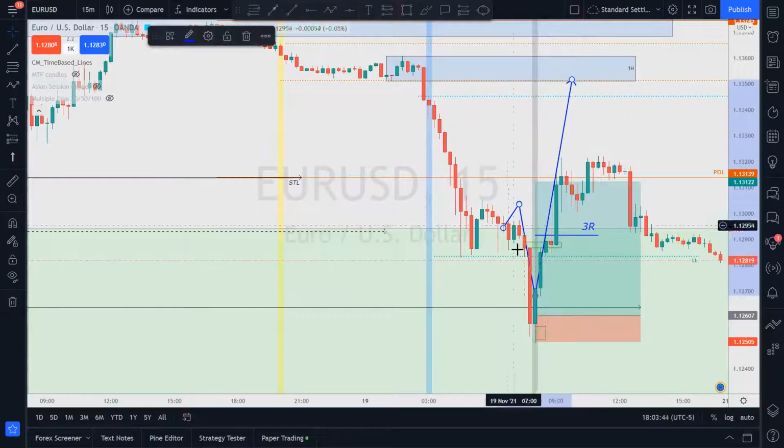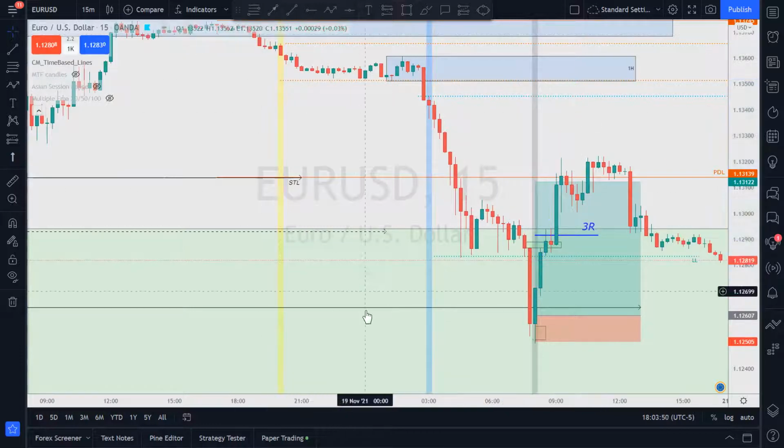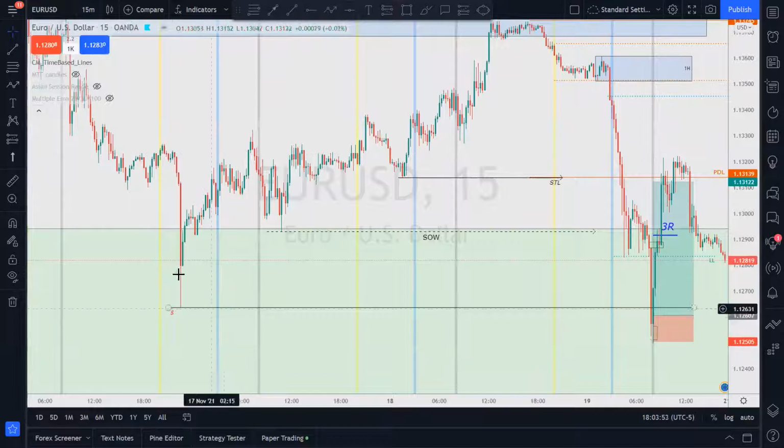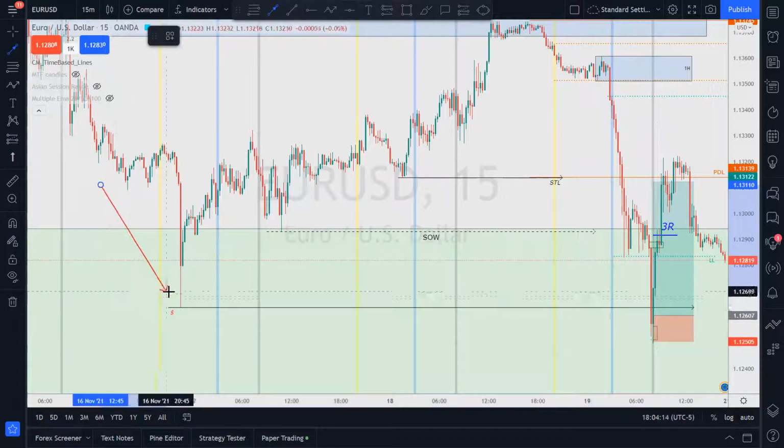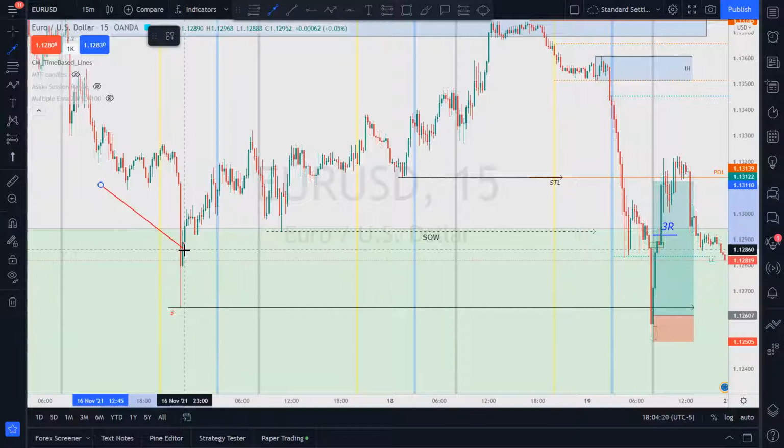It did come down lovely because I was looking at this sell side liquidity, right? And we squeezed up. I saw what the refined order blocks would look like. It went through into this tall order block here. We had a show of weakness. Let me get something to point with. All right, we had a show of weakness here. And we had this liquidity point that once you know where the liquidity is, you know where price will likely go. You know what I mean?